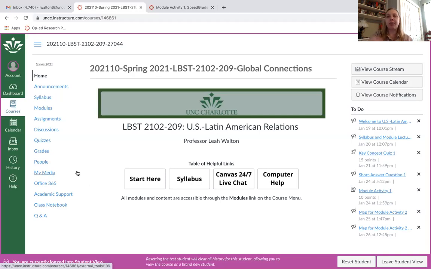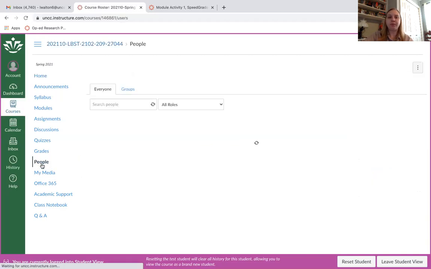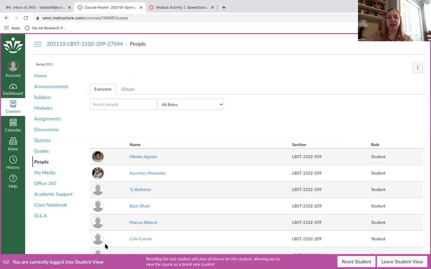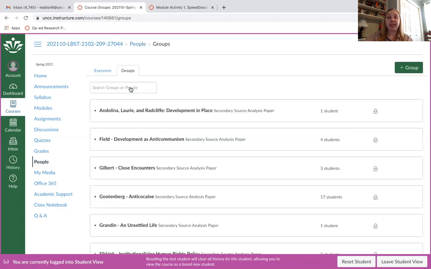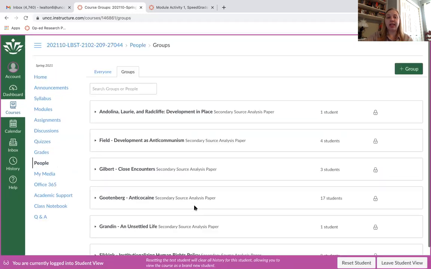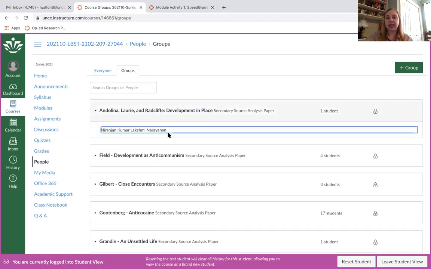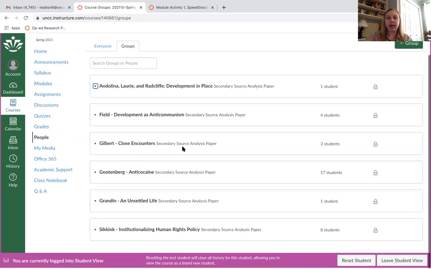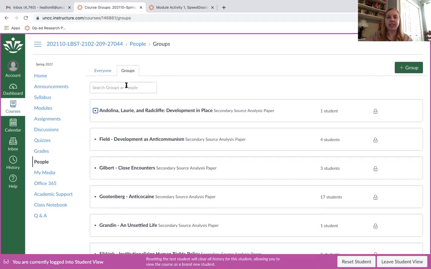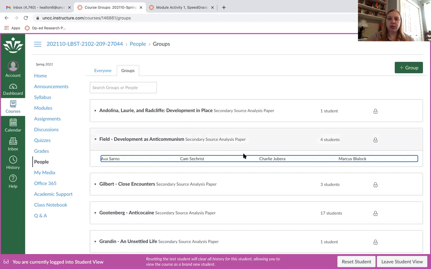So here's the Canvas page. You can come over here and click on People. And this will list all of your classmates. At the top, you have this tab for Groups. Here are groups. You can either click to see all the names and find yourself that way, or you can type your name in the search names and it will show you which group you are in. Now, when you go to a group,